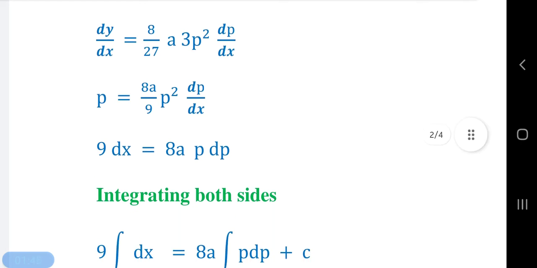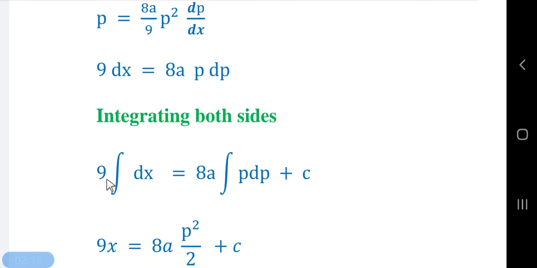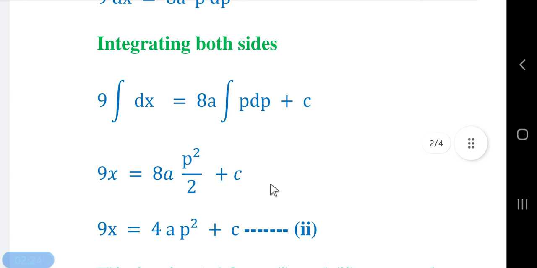Now I wish to separate the variables, x in the left hand side, p in the right hand side. That is, I follow variable separable. So I bring this 9x to the right hand side and cancelling 1 p, then I will have 9 dx is 8a p dp. Now integrating on both sides, taking 9 outside from integration, so 9 integration dx, 8a outside, integration of p dp plus c. Now integrating 9 into integration of dx is 9x,